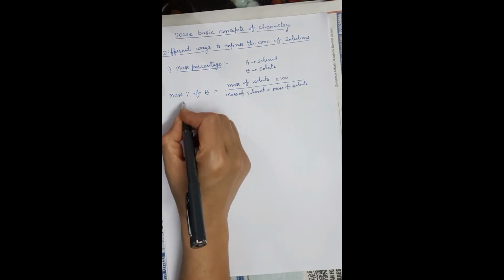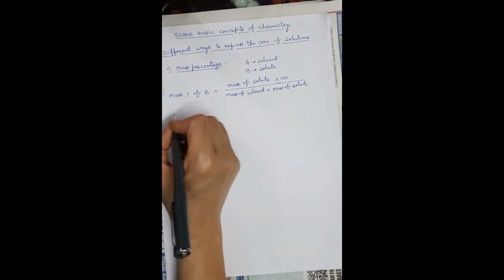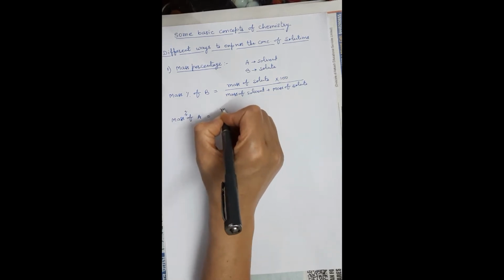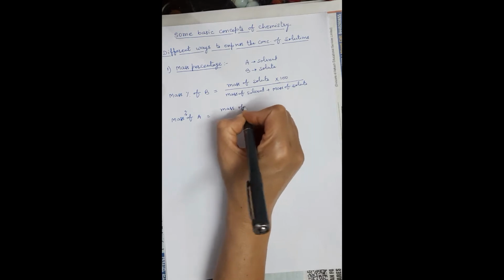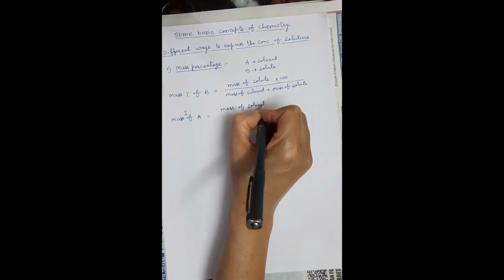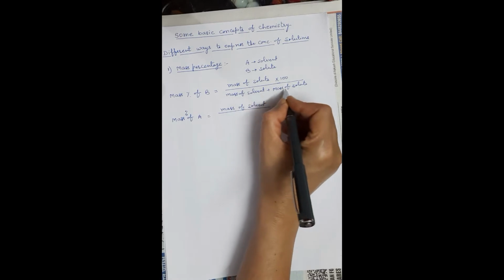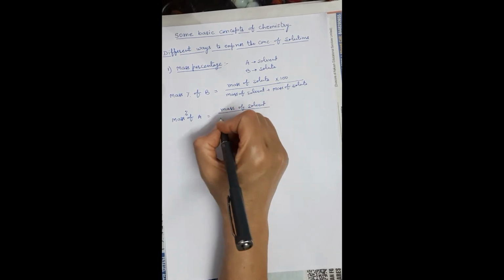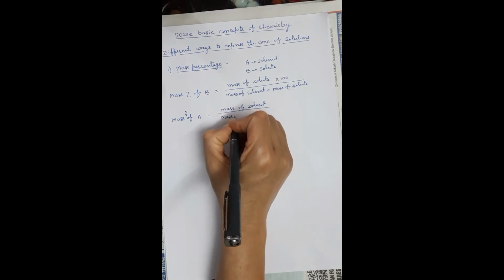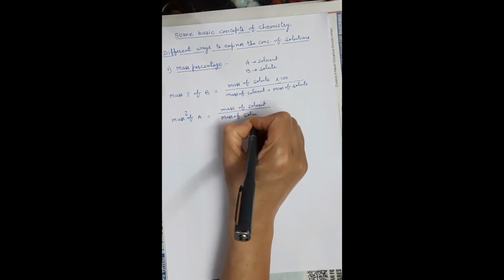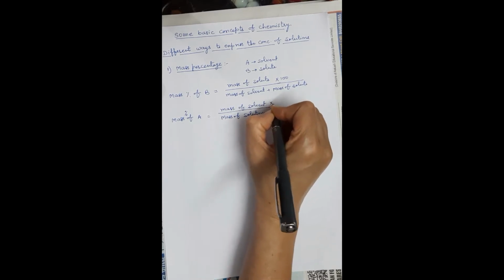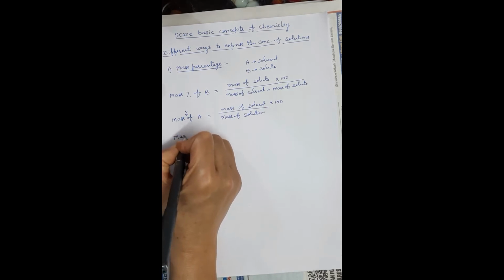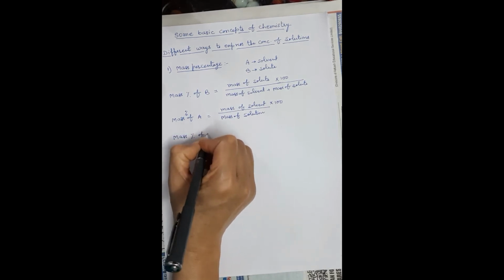Children, how will you find out the mass percentage of A component? Mass percentage of A component is, you will say mass of solvent, A is for solvent, mass of solvent divided by, I can write down this also, and the sum total of solvent and solute is actually solution. So you can write down here mass of solution into 100.